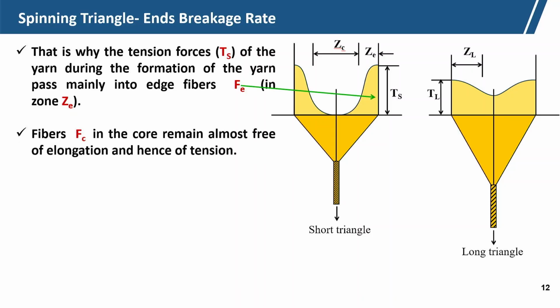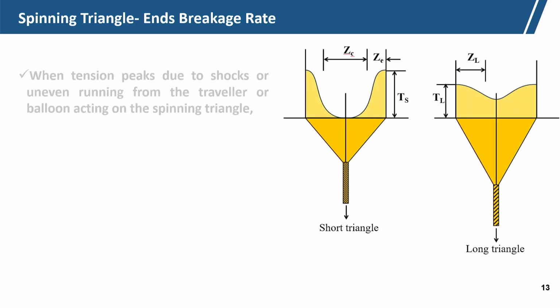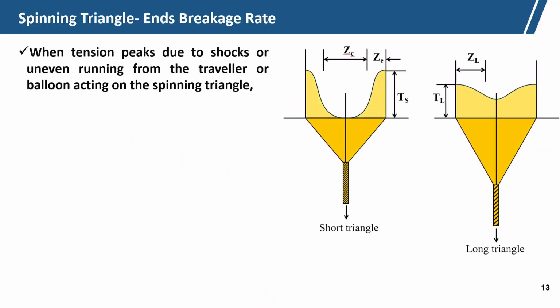The Fc and the core remains almost free of elongation, and that makes the structural changes. Therefore, almost the entire tensional force is exerted by the balloon on the H fibers, because it is supported by only the H fibers. So, that is why the H fibers, when the tension peaks due to the shock or uneven running from the